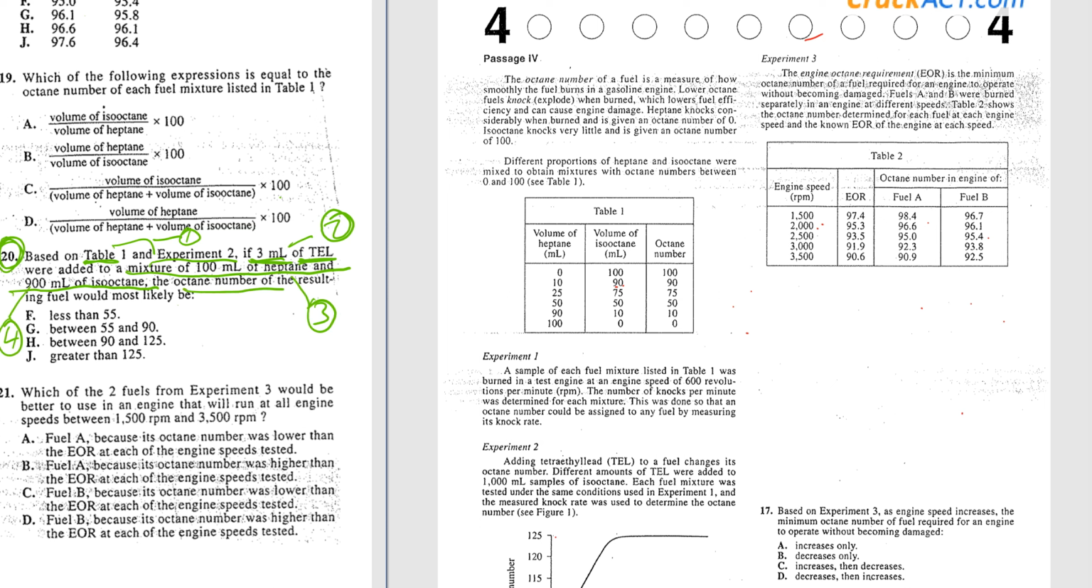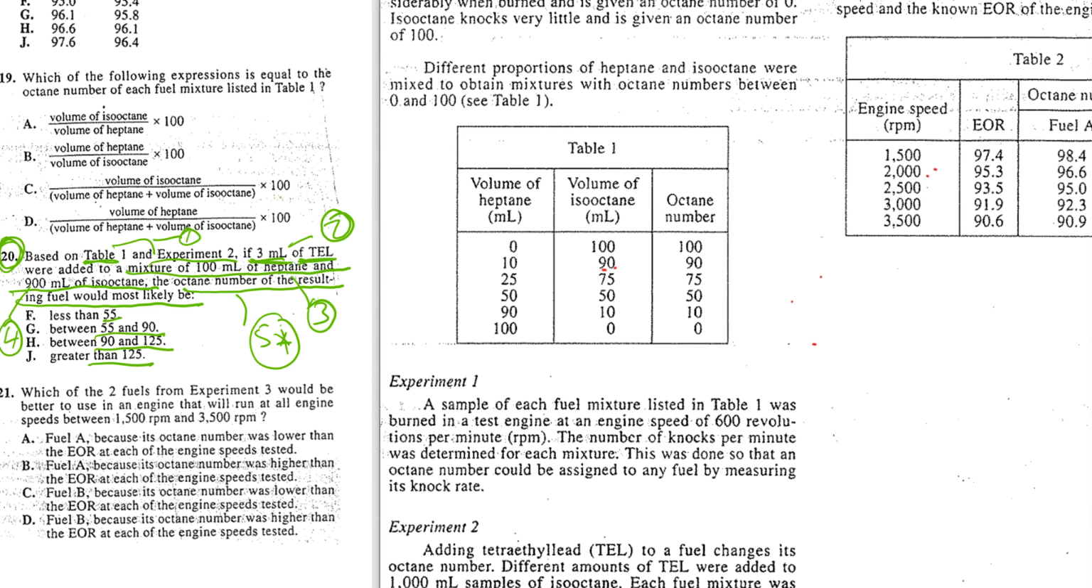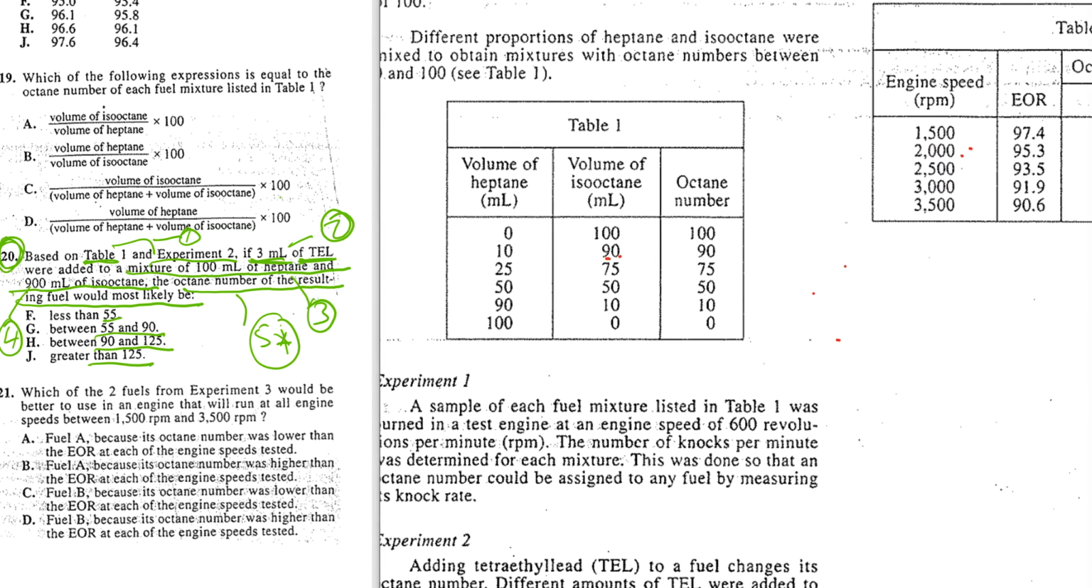The octane number of the resulting fuel would most likely be, and we have less than 55, 55 to 90, 90 to 125, or greater than 125. Alright, so when it asks you to look at a table in an experiment, there's information in both of them that we'll need. So let's start with table 1,